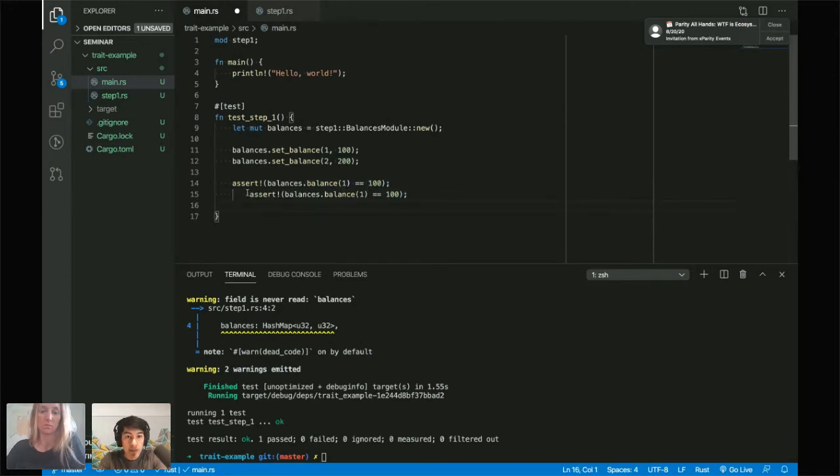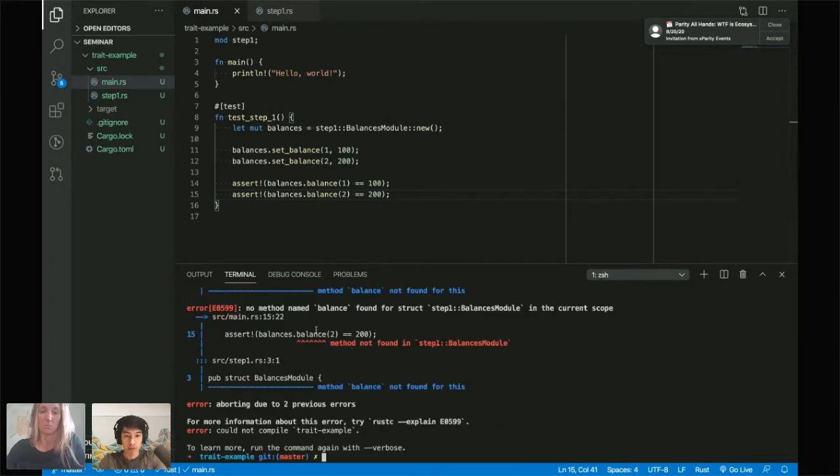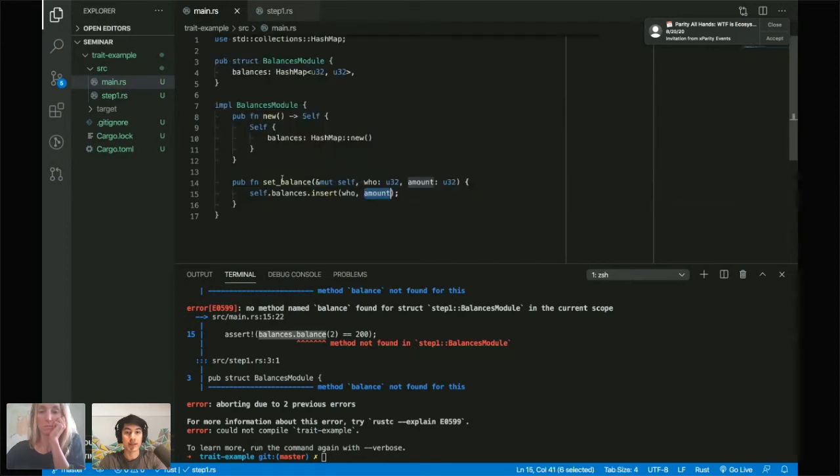Okay, and after this compiles, I'm going to take a look back and see if there are any questions about what's happening so far. Again, the idea here is that this is not exactly how Substrate works. Obviously, there's a database and there are much more interesting storage operations, but I'm emulating the basics of the stuff, and I'm doing it all in pure Rust. So that should be kind of what we're getting here. Ooh, actually, I need to create this function balance. I can't just query it directly yet, but I can do that real quick. So anyway, I've set balance. Maybe if I comment out these two functions.